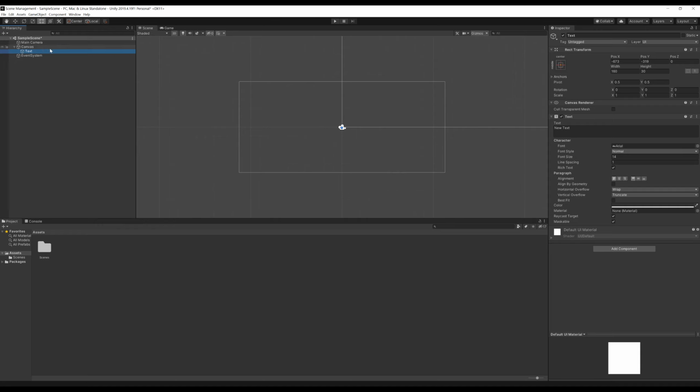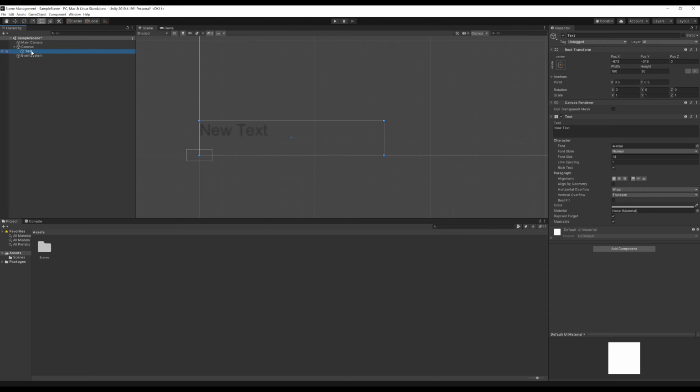Now by default, the main camera is focused on this little area right here. So I'm going to go ahead and zoom out in Windows using the scroll wheel. I can scroll back and zoom out, and as we see, new text is way over here. I'm going to zoom out and then right-click and drag,